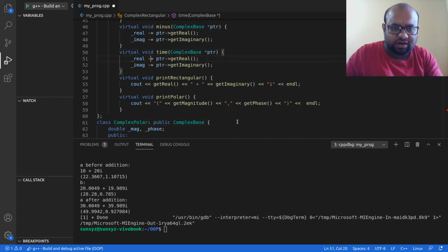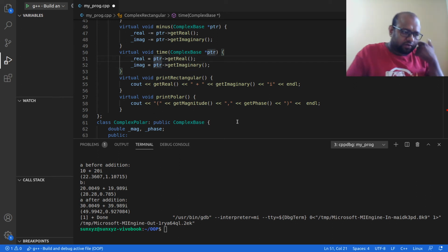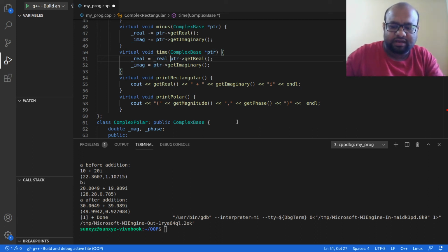So real is equal to something. Real is going to be equal to real into pointer real.